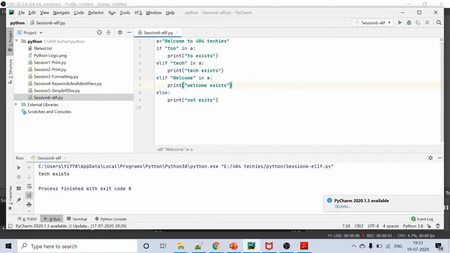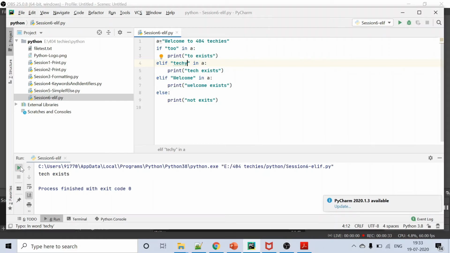So in if-elif in Python, it will check for the first true condition. If the condition is true, it will go inside that block, get that particular part done, and come out of the block. It will not go and check for the other conditions. So here also, to make the condition false, I'm adding one more "y". So it will make the condition false, and it will go and check the other conditions. If this condition is true, it will not check the other elif conditions. It will directly come out of the block.